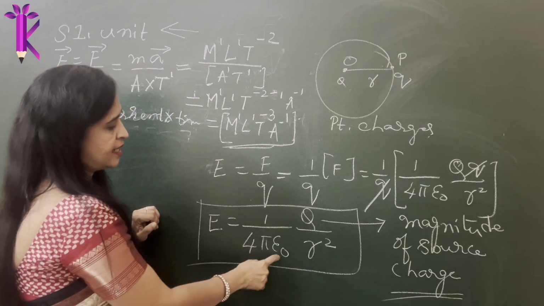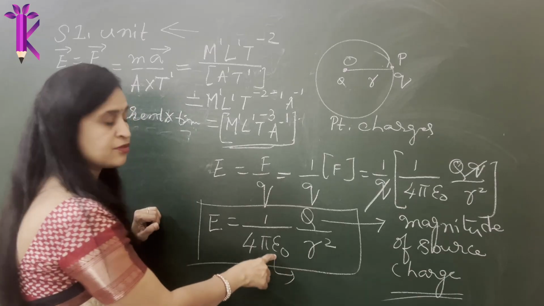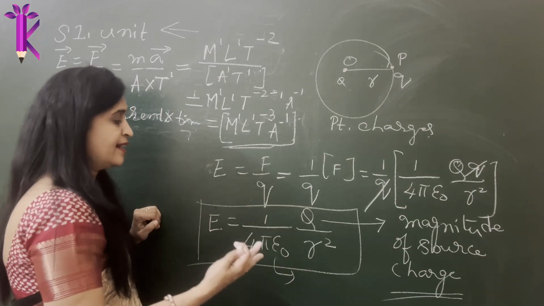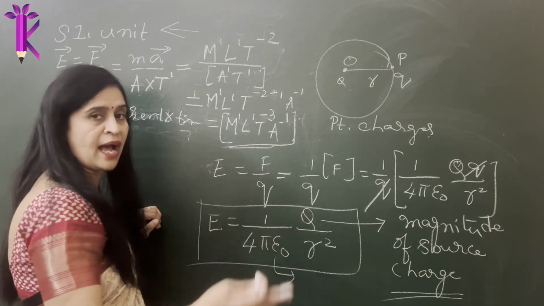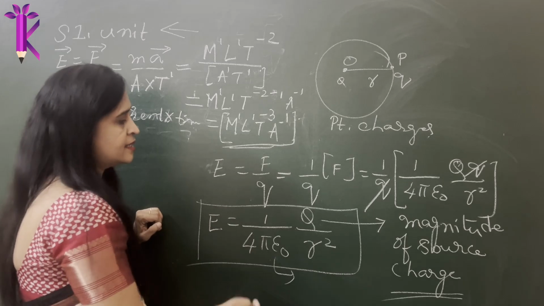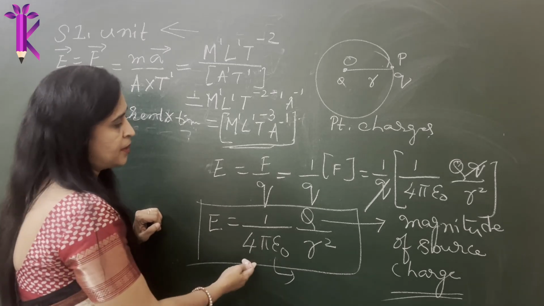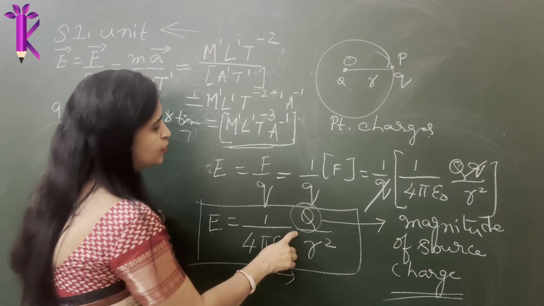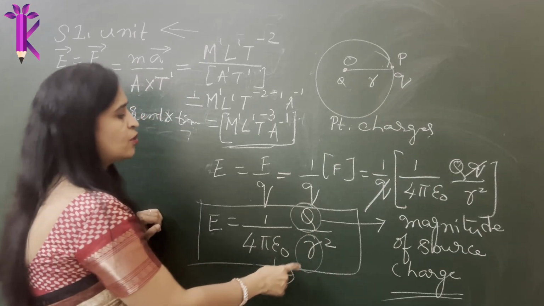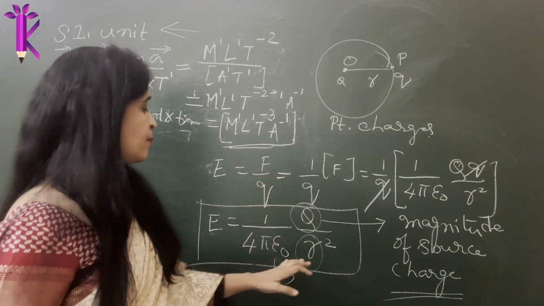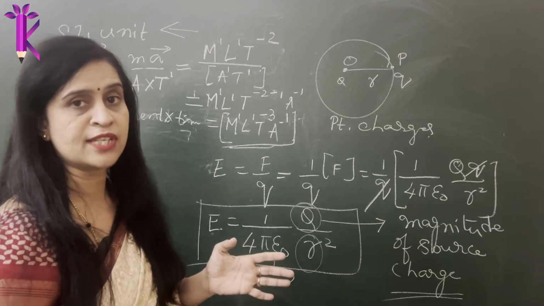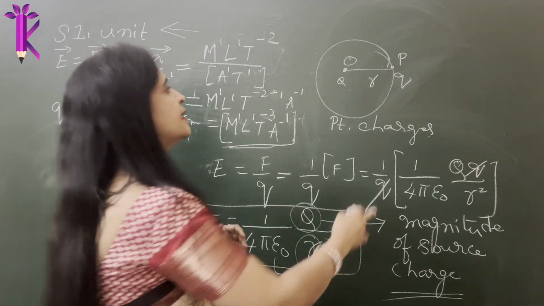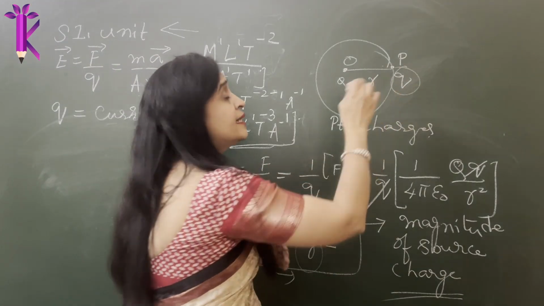So it depends here again on the medium. We have made a large detailed class about permittivity. If you have any questions, go watch it to understand more about permittivity. So electric field basically depends upon the magnitude of the source charge, and just like Coulomb's law, it inversely depends upon the square of the distance of separation between the charges. But it does not as such depend upon the test charge.